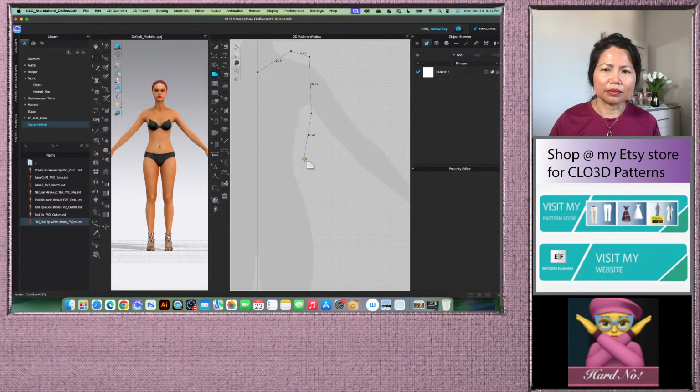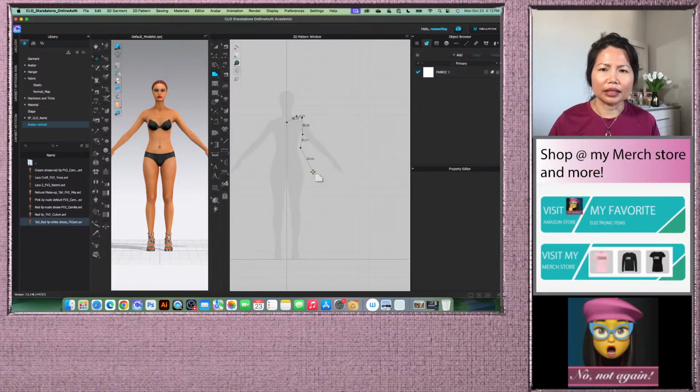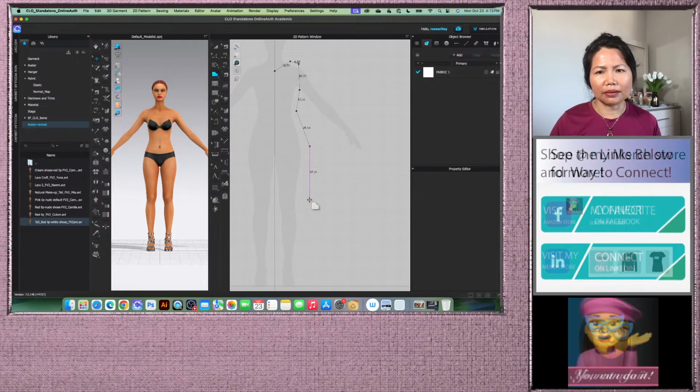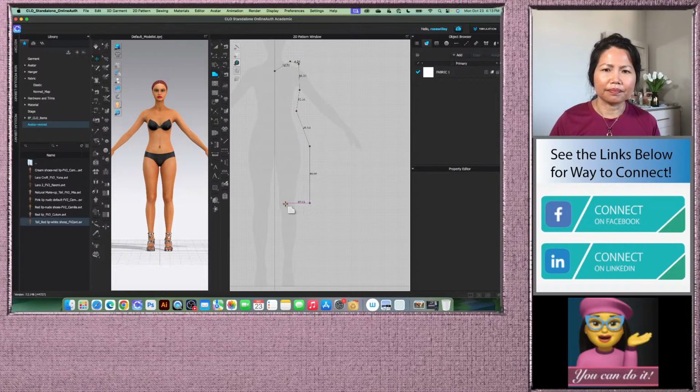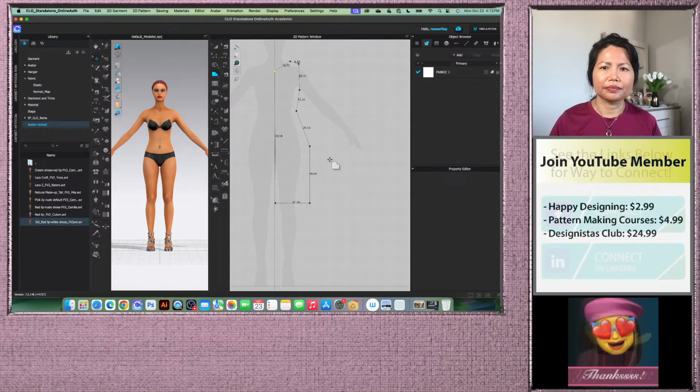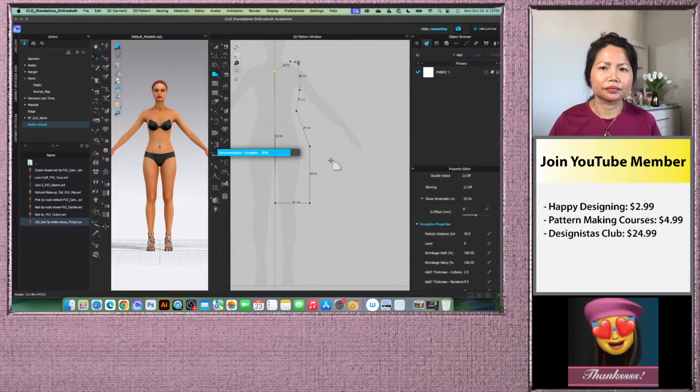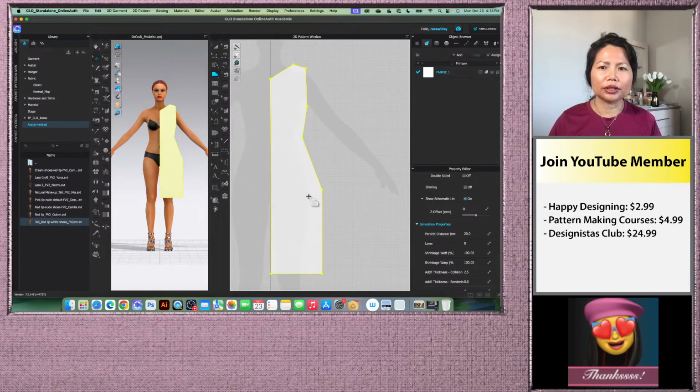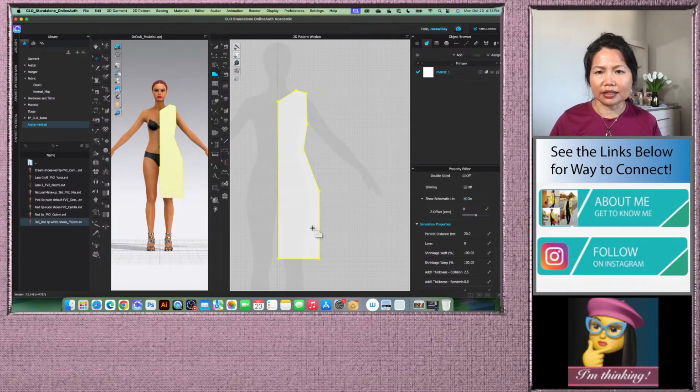Same right here, click one right there, and then I'm going to click one simply right here, and then click one, since it is knee length, probably right here, and I'm going to press shift here to get a straight line and then bring it back up here. All right, so if I look closely, I can see the silhouette of the avatar right beneath the fabric,